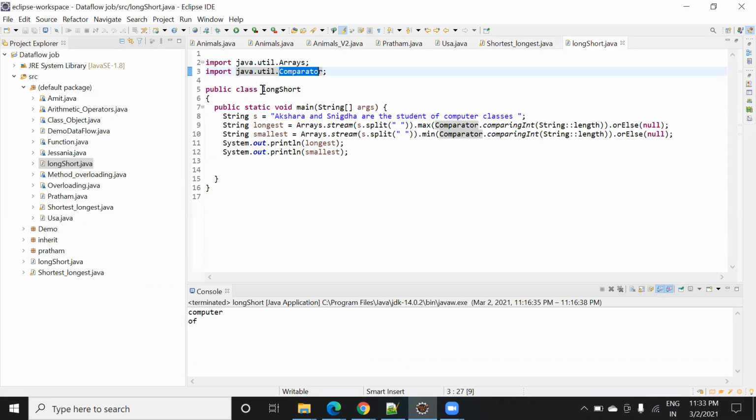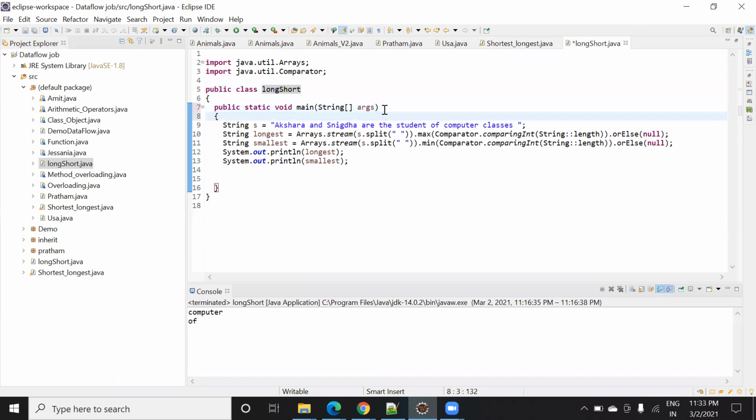I have created one class with the name LongShort, and this is the main section. Here I have taken this string as compile time. You can try with Scanner, meaning from user input.